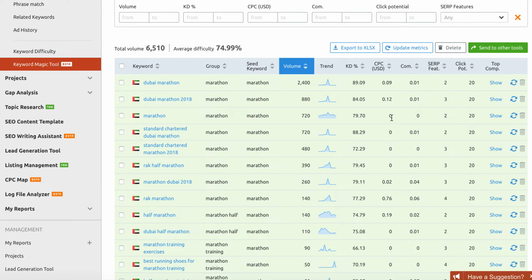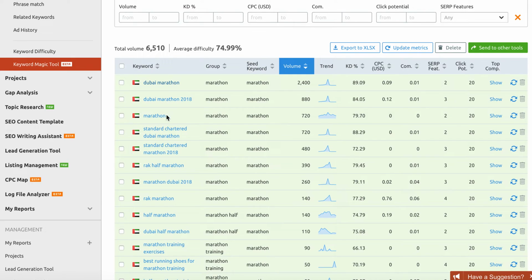So now we've got all the data. I would recommend export it to Excel, and this will give you a heap of data to play with. So you can actually use these for your metrics. So when you're starting to write blog posts, or you're saying, I want to do this, these are the keywords I'm going to use in my blog post. So if I was writing a post about, let's say, training for the upcoming Dubai Marathon, which is the Standard Chartered 2019 actually, it'll run in January, so that's good to know.